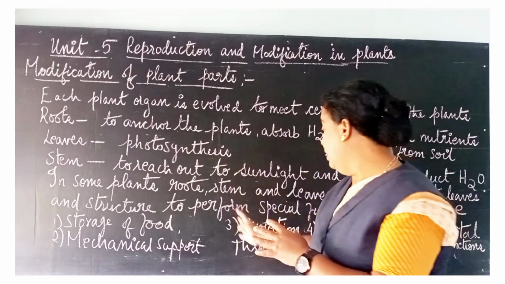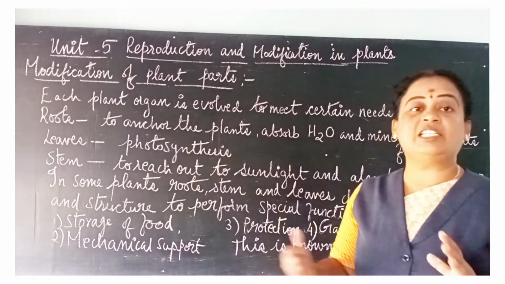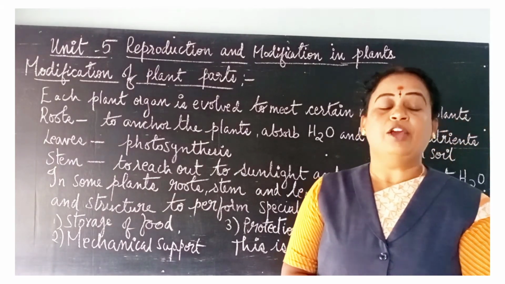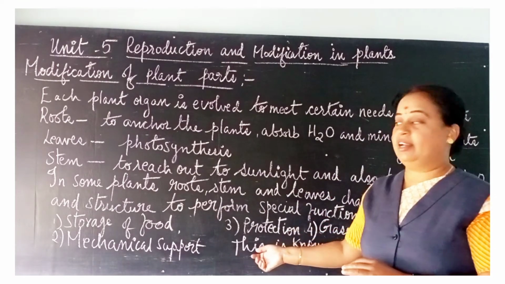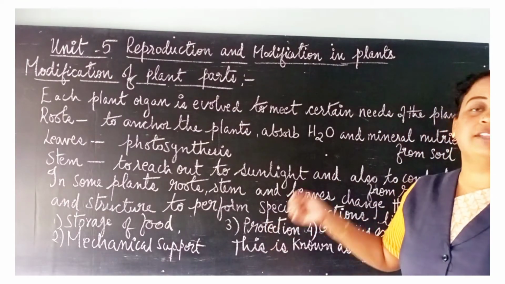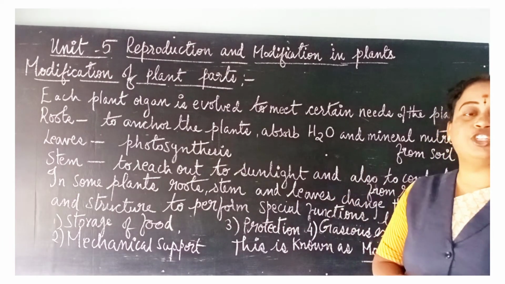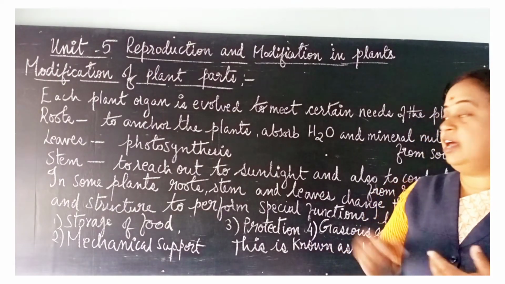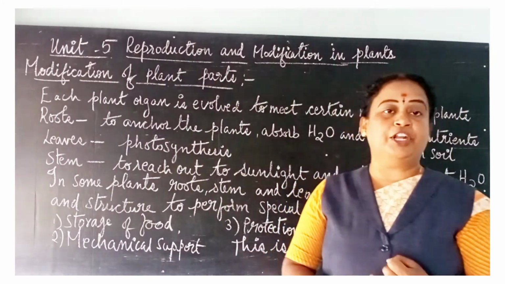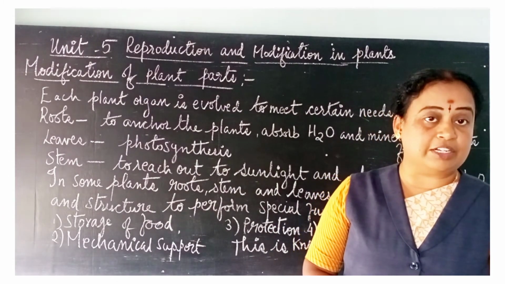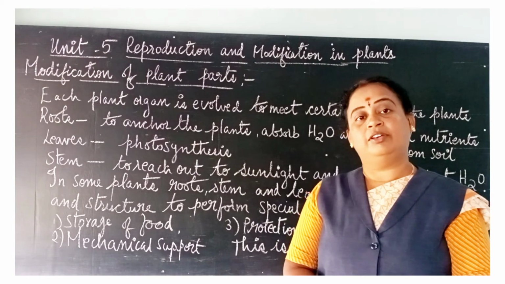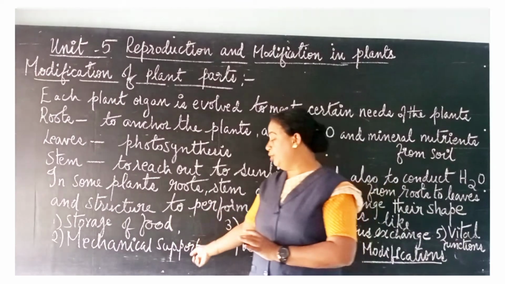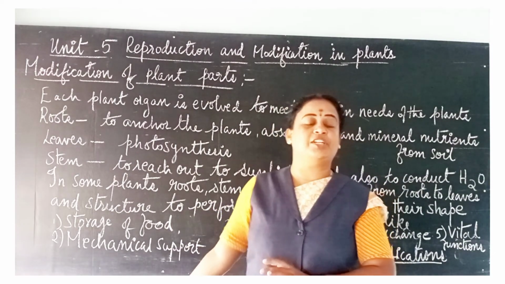So I have told you nearly five different functions. All these functions are done by the modified parts of the plants. This is nothing but modification. What is modification? In some plants, roots, stem and leaves change their shape and structure in order to perform certain special functions. Those functions are storage of food, mechanical support, protection, gaseous exchange and other vital functions. This is known as modification. Hope you understood about modification. Regarding the detailed study of storage of food, mechanical support, gaseous exchange, protection, vital function, all